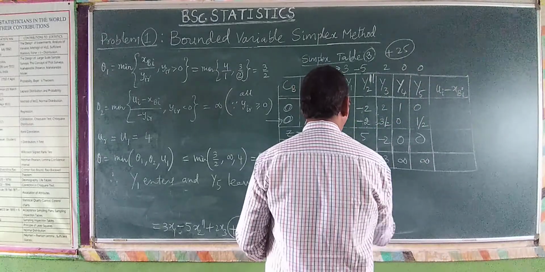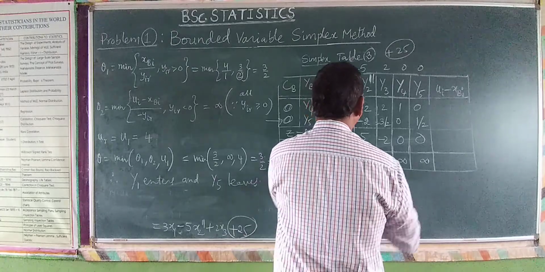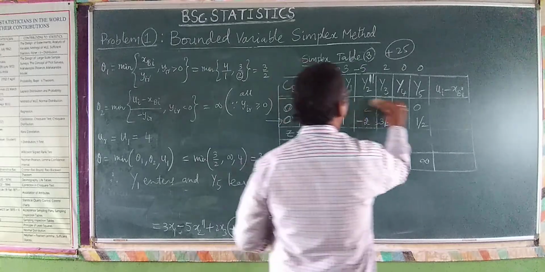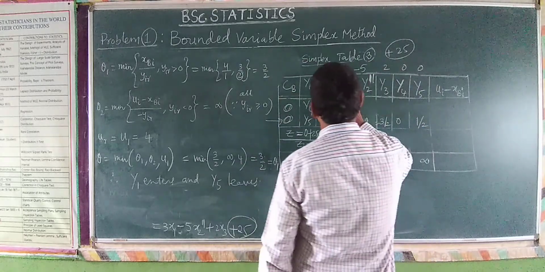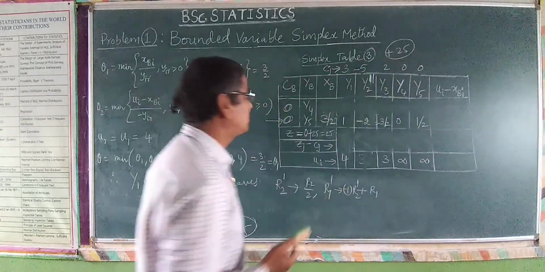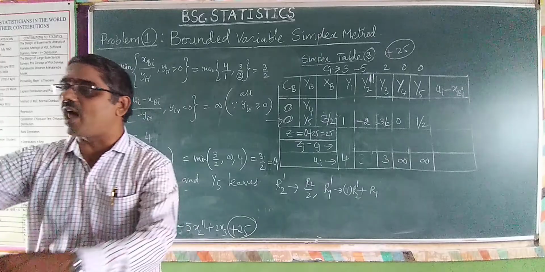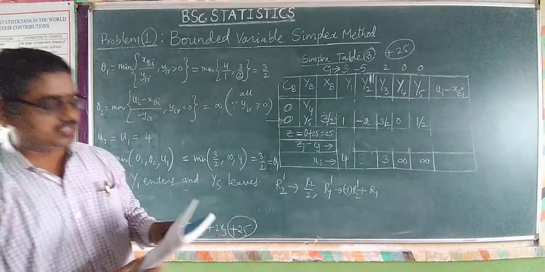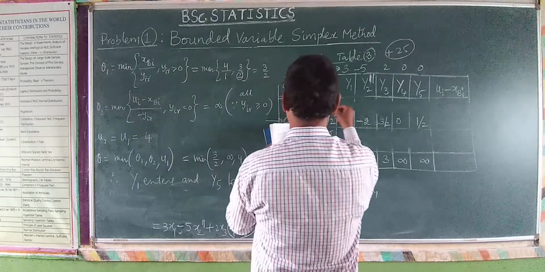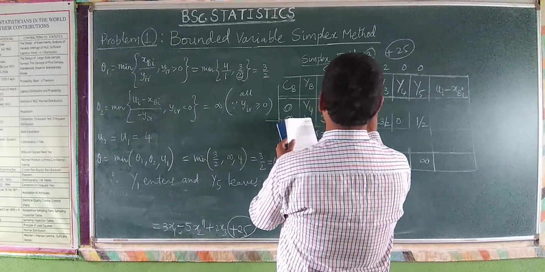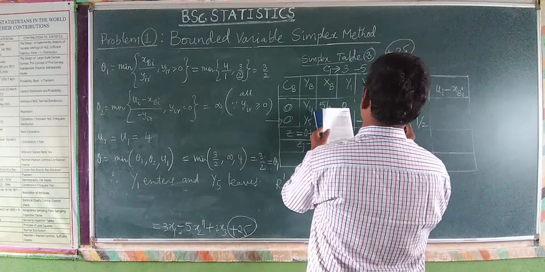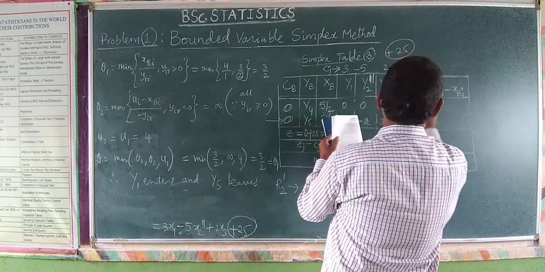Of course, some calculations will not change. The calculations which are going to change, I have to change all those values, and then calculate simplex table 3. I just note all the values. You calculate the row operations of simplex table 3, and these are the values: 5 by 2, and this is 0, and this is also 0. It is 1 by 2. It is plus 3 by 2, right? And 1 by 2. It is 1, and it is minus 1 by 2.